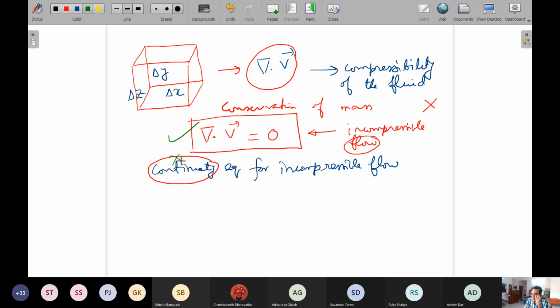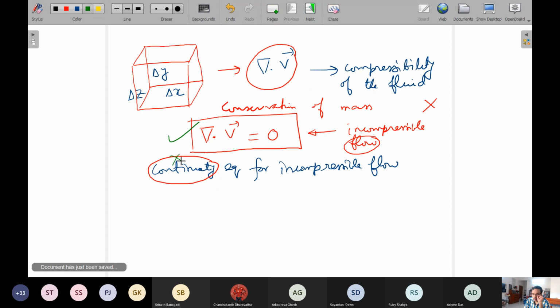And that is why one important conclusion we can arrive at is that the incompressibility constraint, or constraint of incompressible flow, can be viewed as a pure kinematic constraint. That means it can completely be related with kinematics, and we need not necessarily associate any aspect of mass flow, or mass conservation, with it.